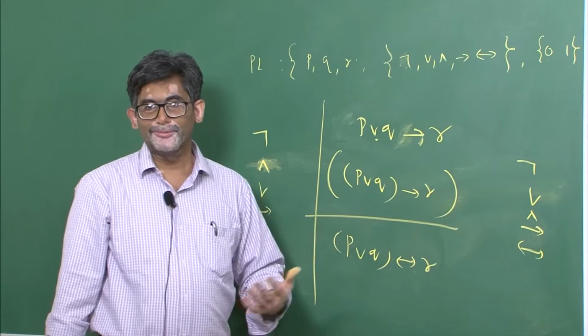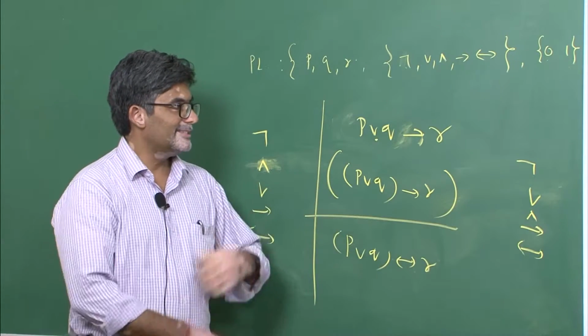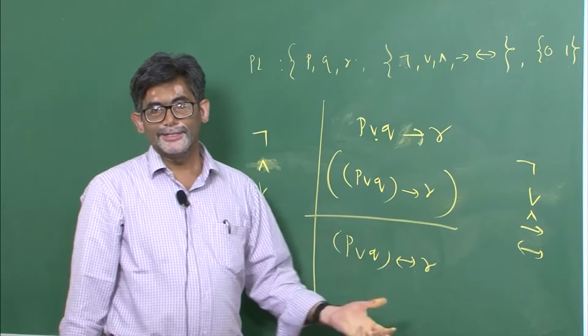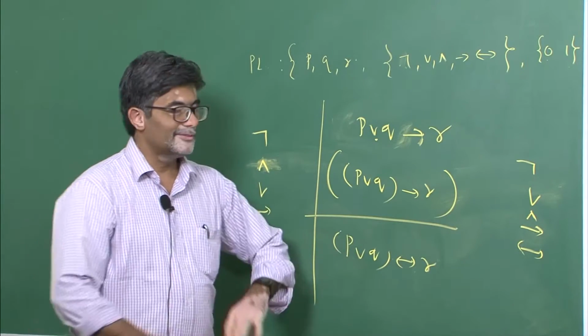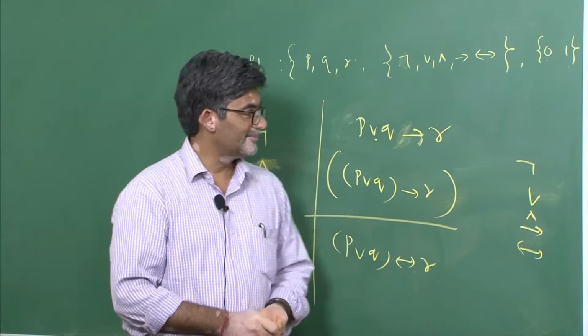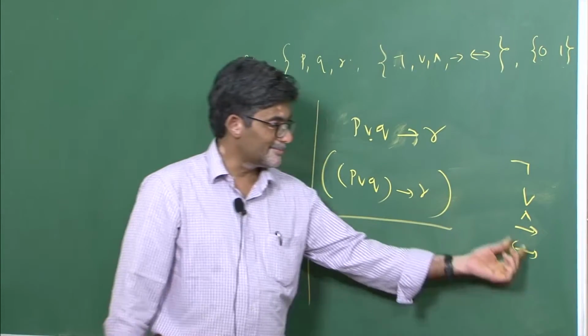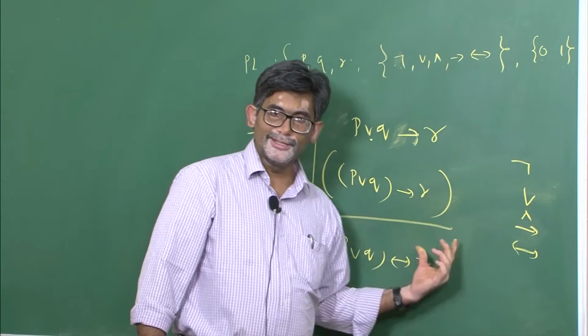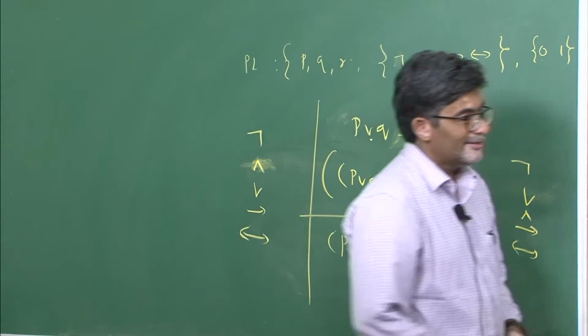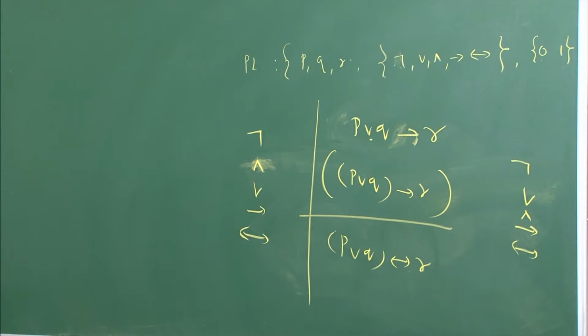Why we are talking about this precedence is just to find out what is considered to be the major connective in our given formula. While constructing the truth table, this is considered to be very important. The one which has the lowest precedence is considered to be our major connective. This way you read out the formulas in propositional logic. The same thing applies when we talk about modal logics.